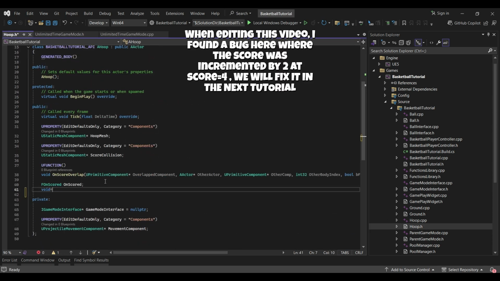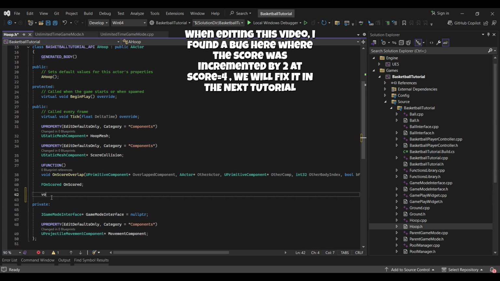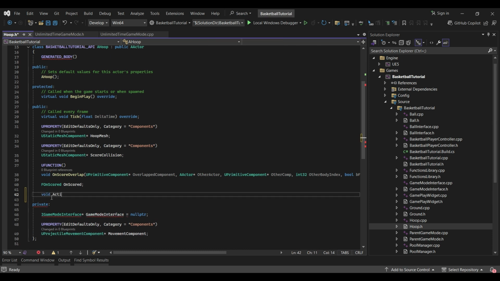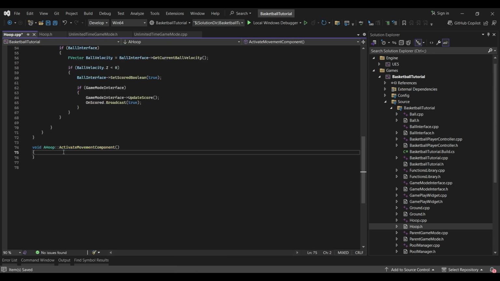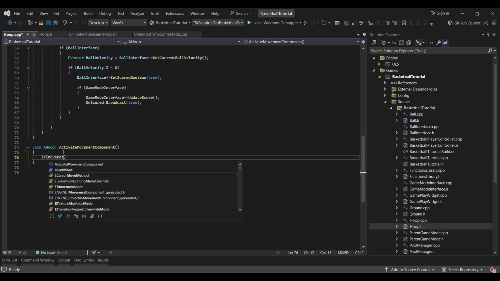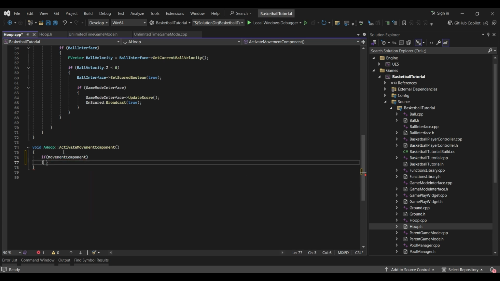Let's call it void activate movement component. So now we check if movement component is valid, and if it's valid,